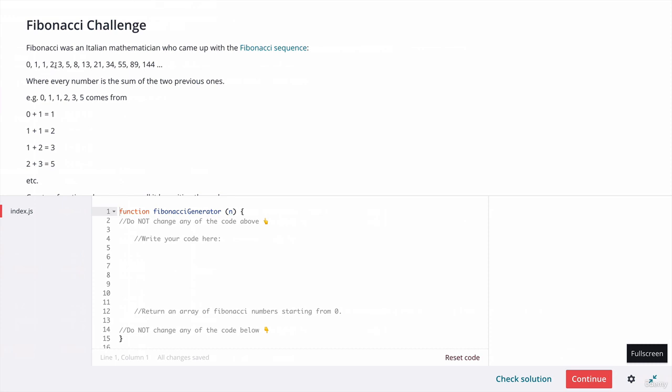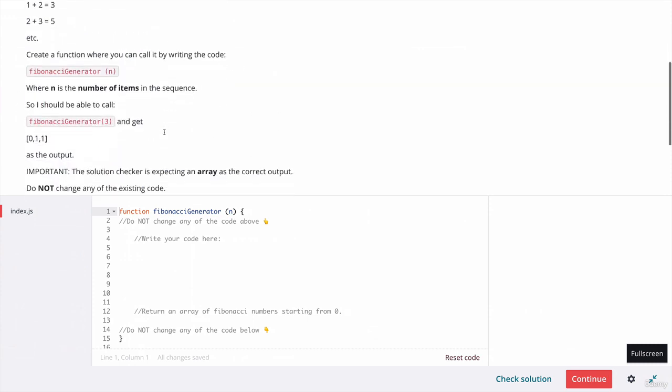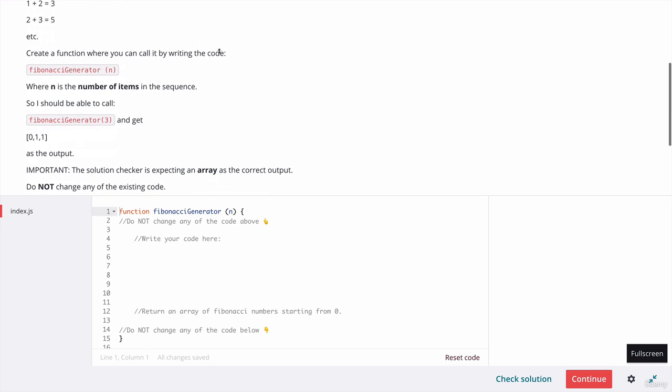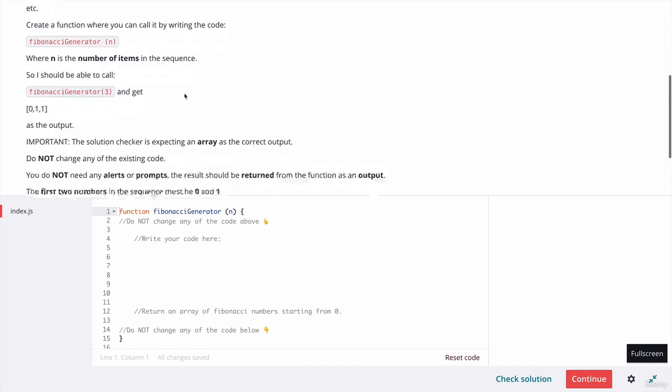So for example, 3 is from 1 plus 2, 5 comes from 2 plus 3, 34 comes from 13 plus 21. So it's a really simple sequence. Now, your goal is to create a function where you can call it by simply writing fibonacciGenerator, parentheses, and then you put n inside. And n is going to be the number of items in the sequence that you want to create. So for example, if you want to get the first 3 items in the Fibonacci sequence, then you should be able to call fibonacciGenerator, pass in the number 3, and get 0, 1, 1 as an array as the